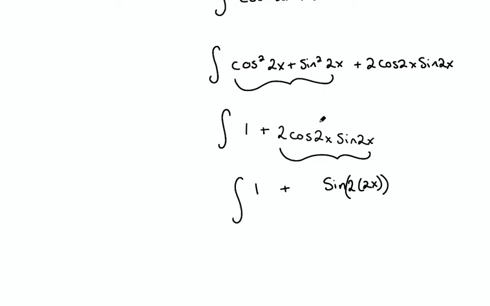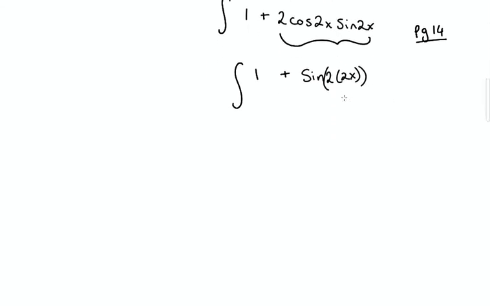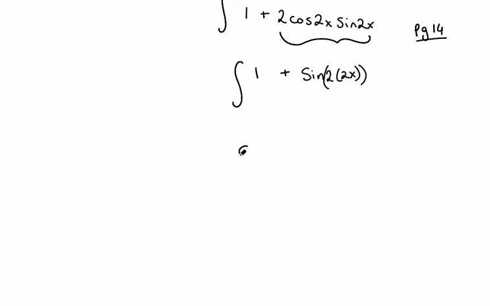And again, if you're unsure of where I got that from, it's in the log tables. And let me check what page exactly it is. It's on page 14 of the log tables that I'm getting that from. So page 14 will be important here. So I've just replaced this part with sine of twice the angle. Now I'm being careful because twice the angle here actually means it's going to be 2x. So what I'm looking for is the integral of 1 plus sine of 4x,